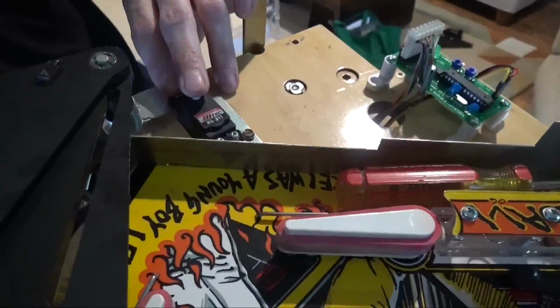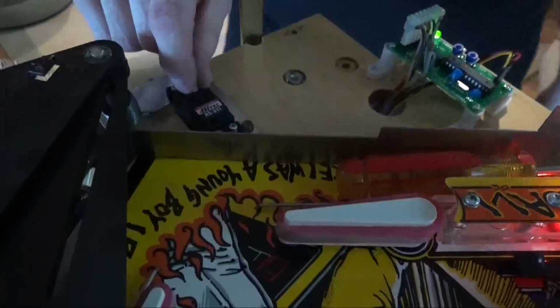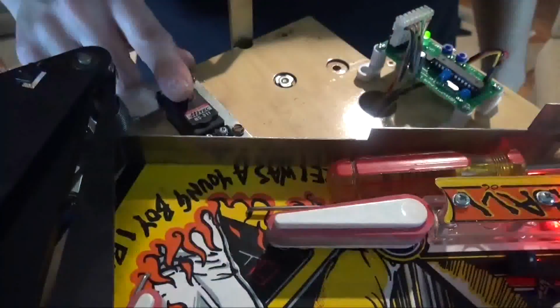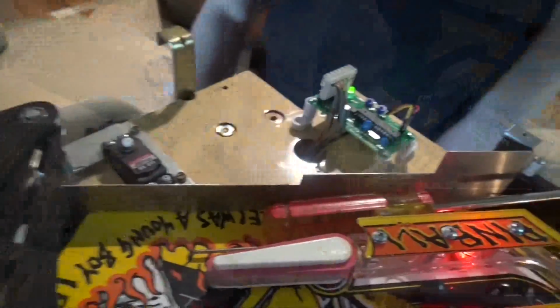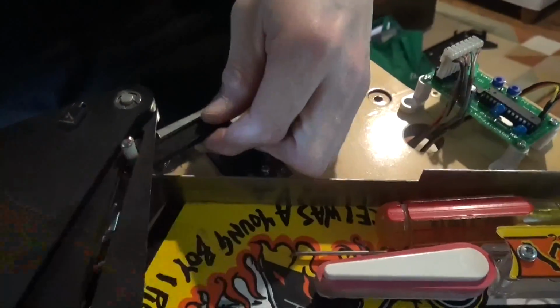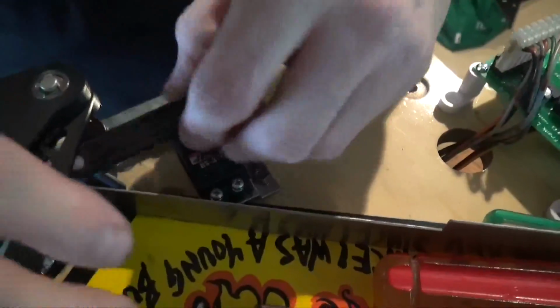So when you turn it on, by default it's going to go to the blinders' open position. So once you know that it's there, you can either turn it back off or attach the arm. Okay, so now we know that it's in the open position. You can leave it out a little bit because that gives you a little bit of adjustment room. So you just feed the tab into the slot,